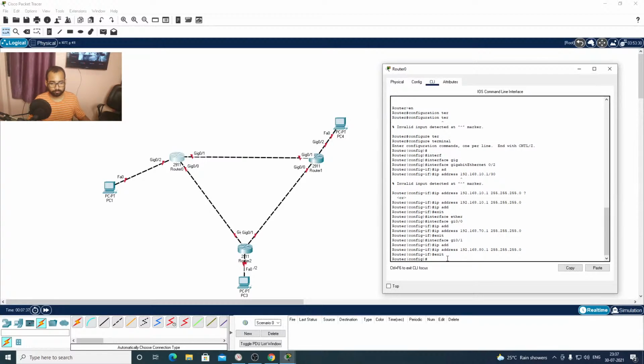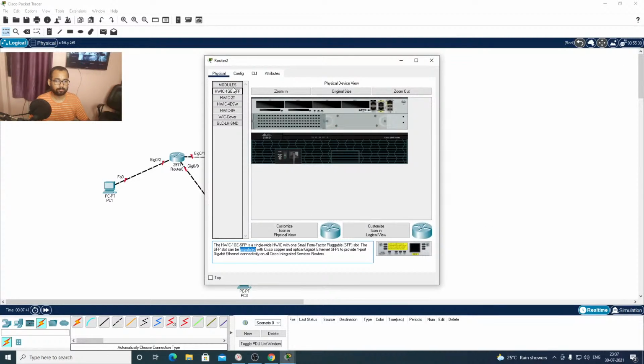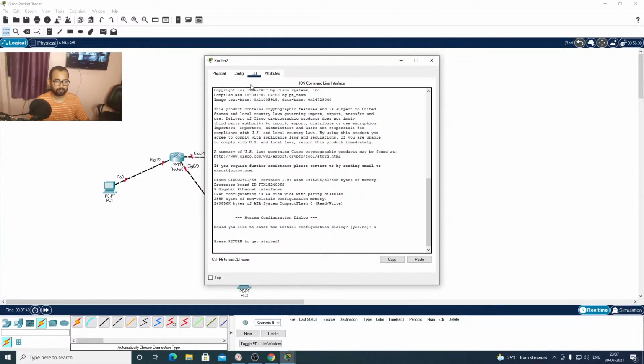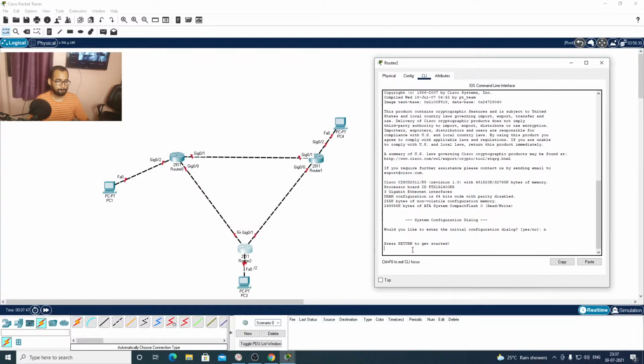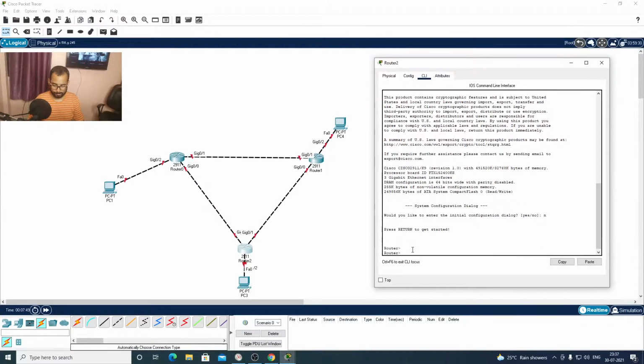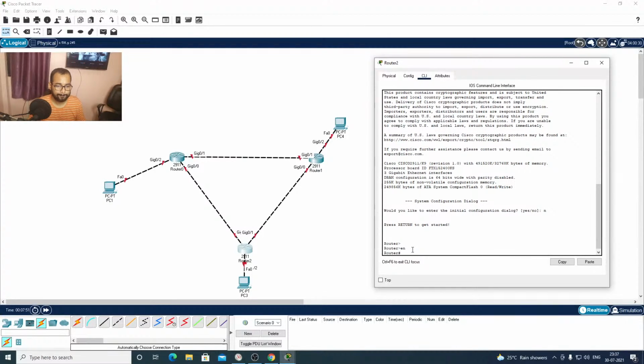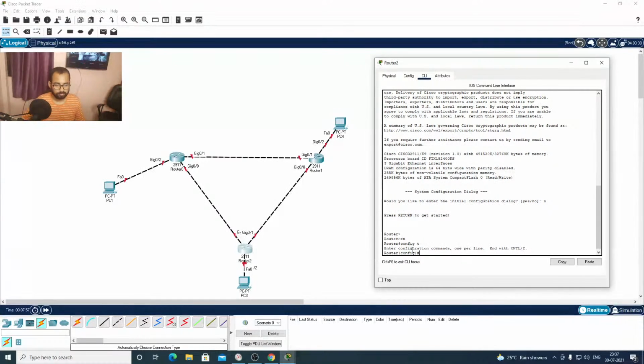Since we have done the configuration here, we'll move on to router 2. Similarly, we'll go into global configuration mode.